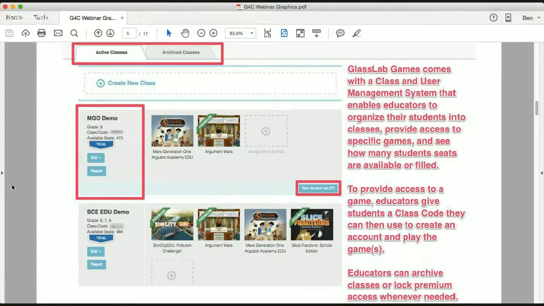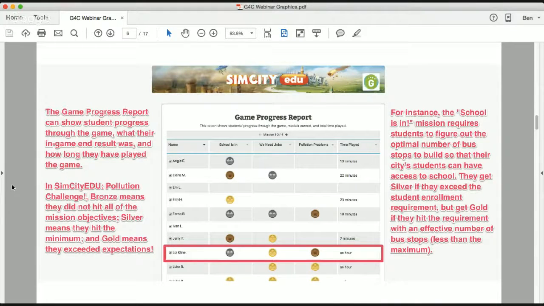Educators on the platform can give a class code of their choosing to their kids. There's an available set of seats, and they can restrict or enable access whenever it's convenient for them. When going into the student reports, which are the bread and butter of the platform, there are 4 main types